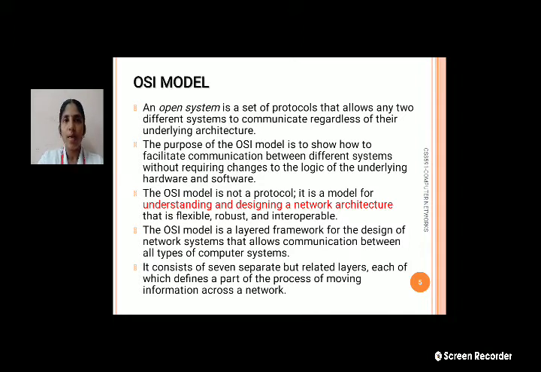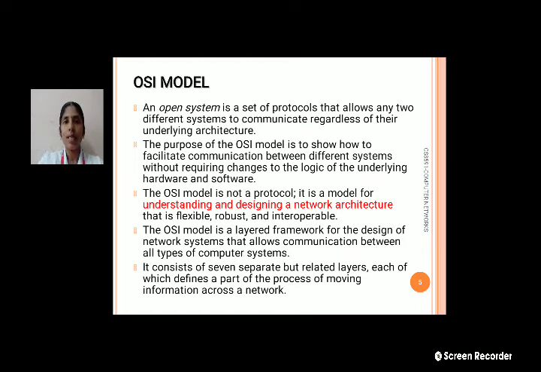The OSI is not a protocol; it is a model for understanding and designing a network architecture that is more flexible, robust and interoperable. It doesn't define any rules, but it defines how to design a good architecture and how it should work. Those are all the things the OSI model covers.